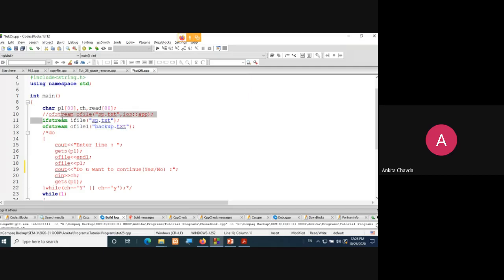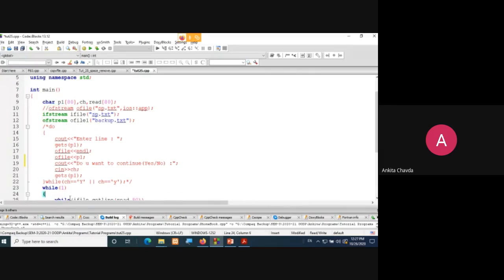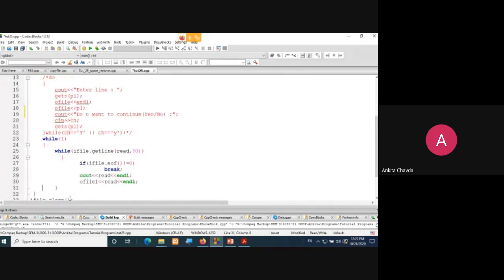So ifstream is the class whose object I'll create, ifile, just for reading purpose, for this file sp.txt. Now I'll create another object, ofile1, which is for writing into another file, backup.txt. In this file I want to write something via this ofstream class object. Okay. Now what I'm doing for reading the content and writing into another file: